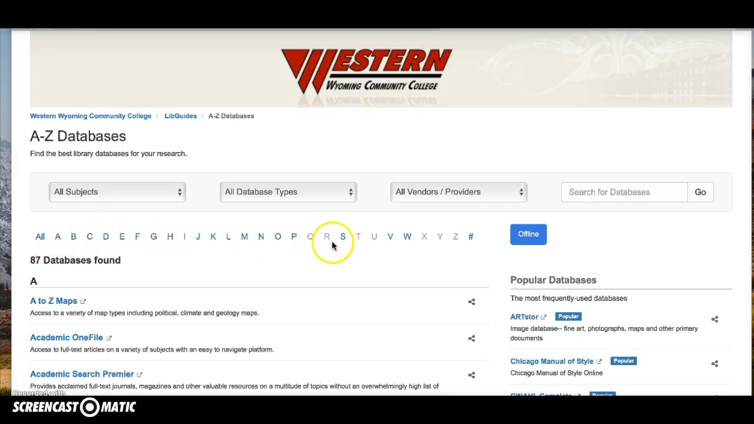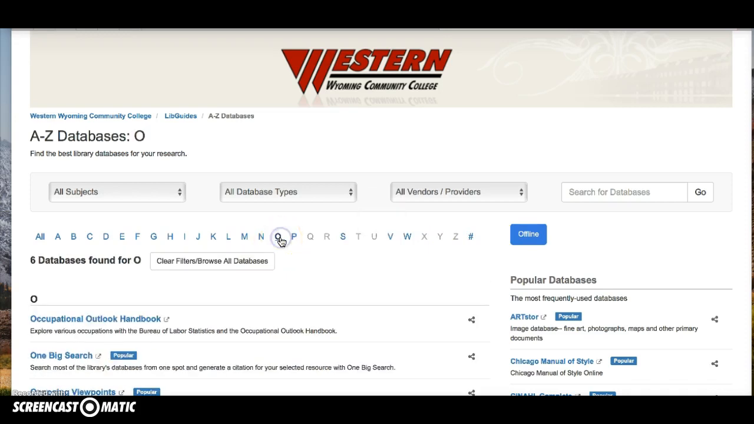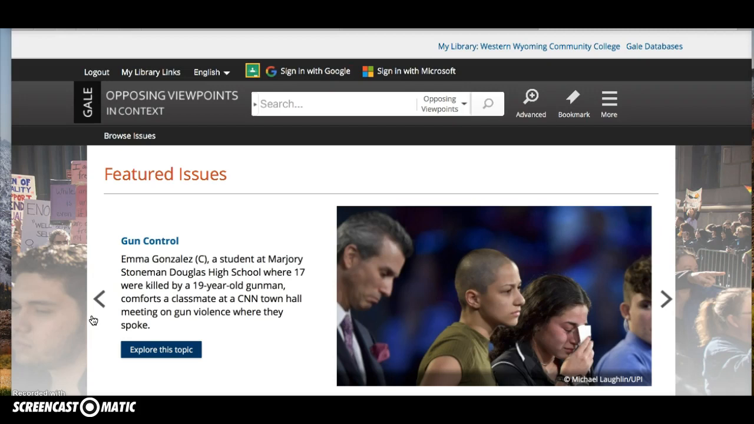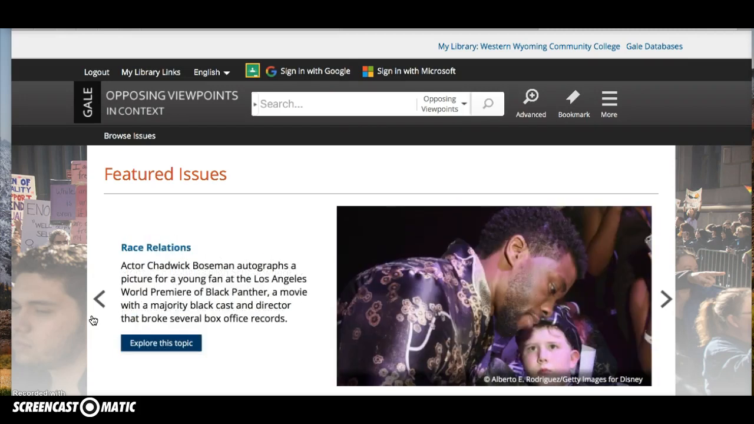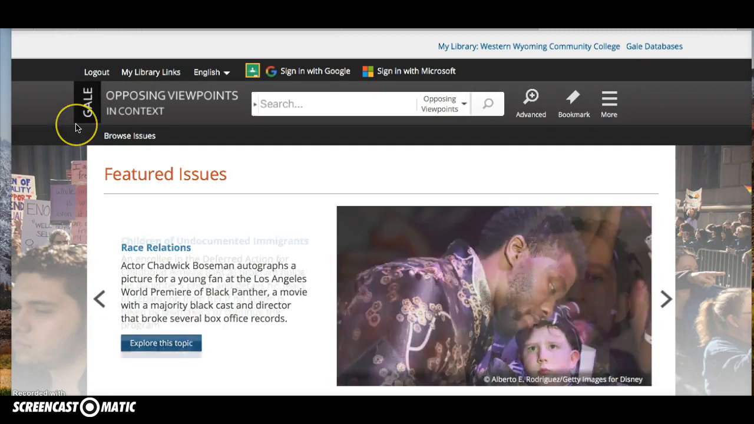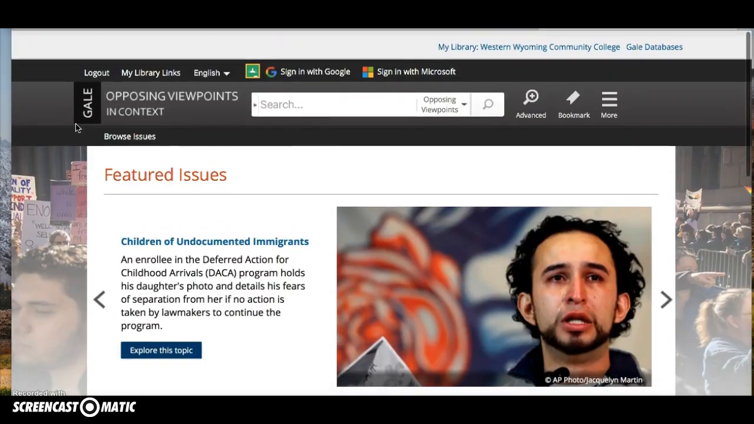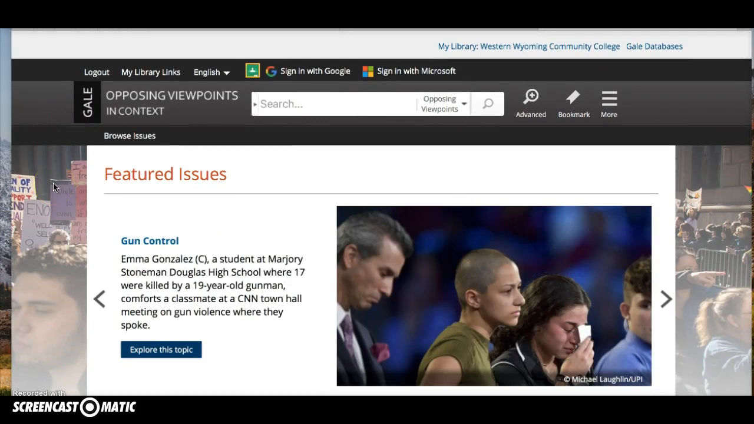And then the databases are broken down by alphabetical order. So if you know what database you want, you can just click on that letter. We want Opposing Viewpoints. So here we have Opposing Viewpoints. And this is a database that was developed in order to help students write papers like the one we're writing. So it has a ton of information, and I really want you to use it to help find your topic